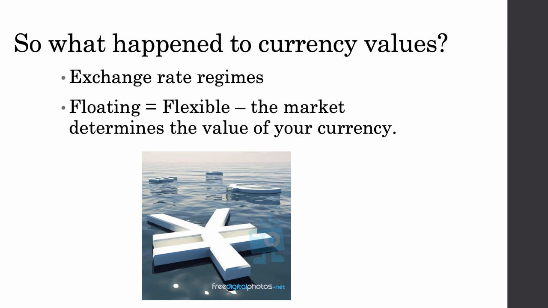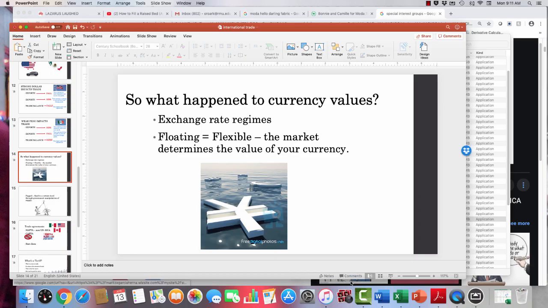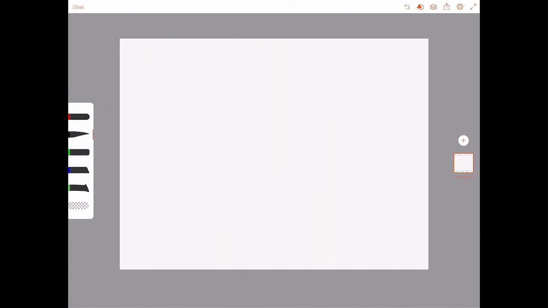And one of the exchange rate regimes that exists is something we call a floating or a flexible exchange rate regime. This is the way most modern large economies work, where the market determines the value of your currency, where there is a change in demand or supply, and that impacts the value of your currency. Let's take a look at how that plays out by using the tool we always use when we talk about markets, and that's demand and supply. So, we'll start off with our basic setup,